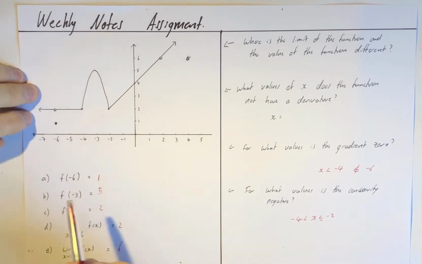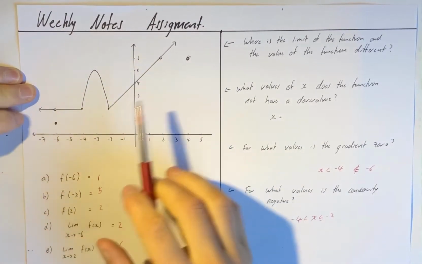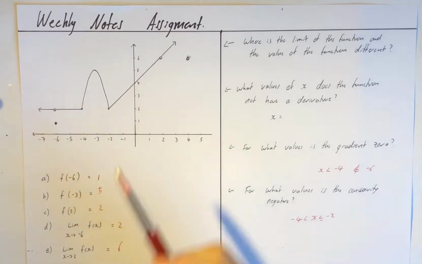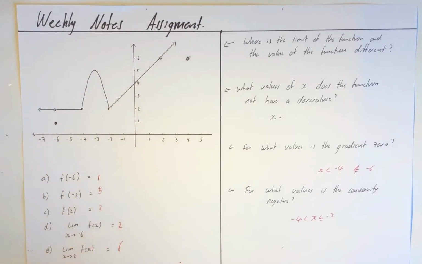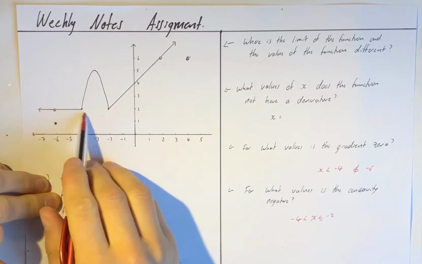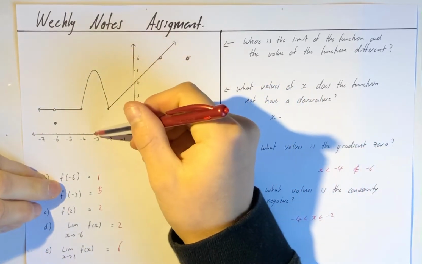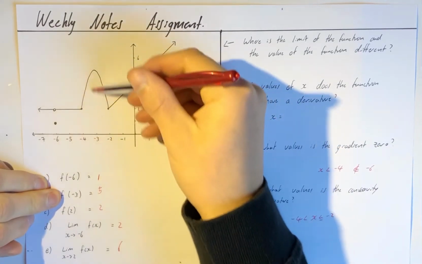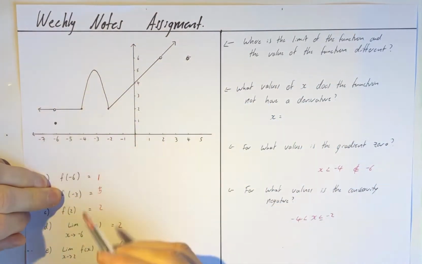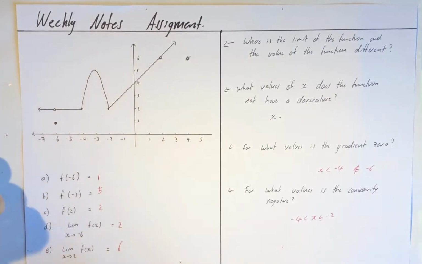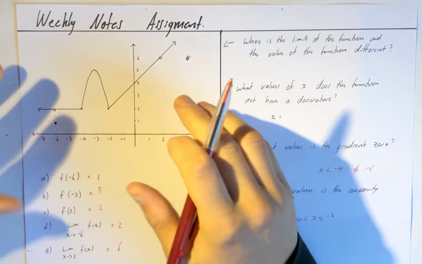So this is just a function, we don't actually know what it is. We could easily figure out what each piece is, so this is obviously just a straight line. We have a parabola, an inverted parabola that's moved across 3 to the left and up 5, so we could easily construct the actual function for this. But this is just a graphical representation of